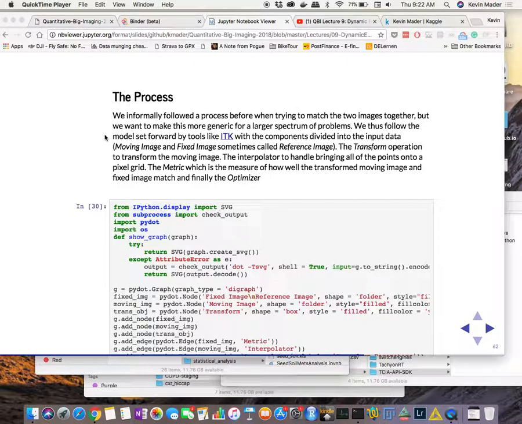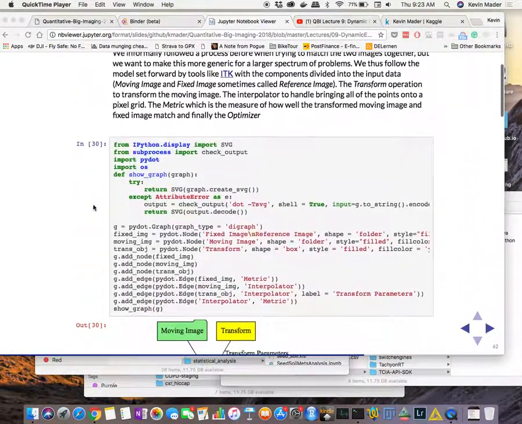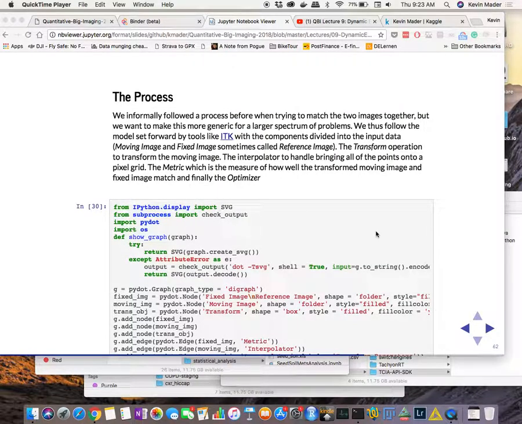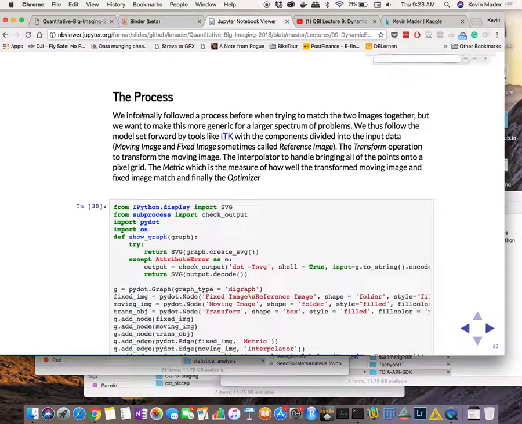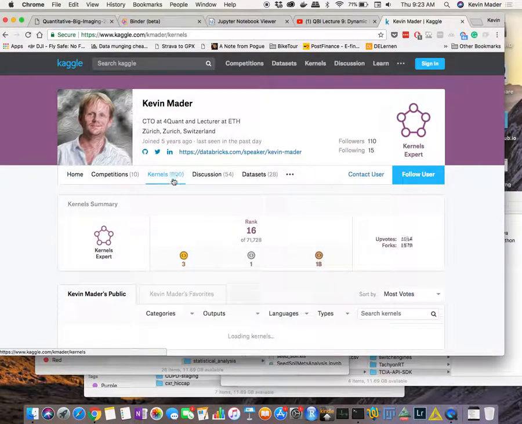I've updated the slides from last week on dynamic experiments with a bit more detail and a few more examples on the process of making these sort of pipelines. And we've updated the exercises as well to include